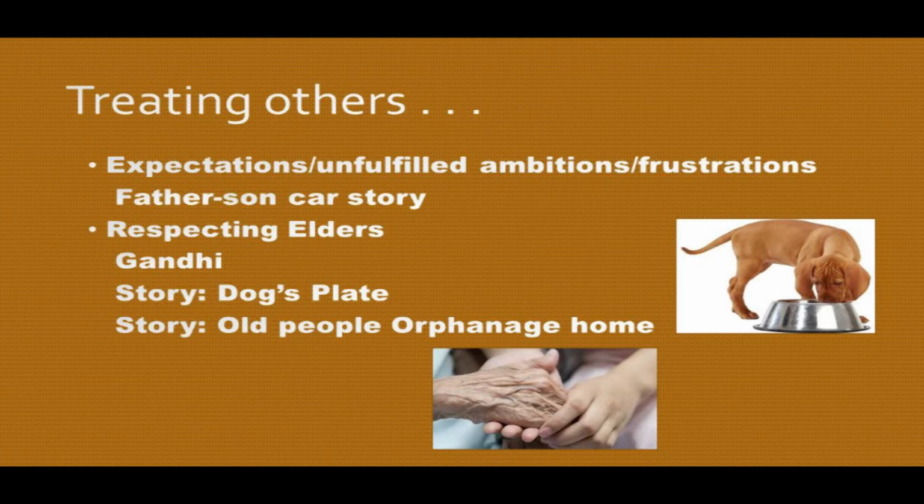The first story is to illustrate that sometimes parents have a lot of expectations. The father wanted to become an IAS officer, but even after the 4th, 5th attempt he could not become one. The father wanted to become an engineer, a doctor, to crack JEE and become All India number 10 or something. But the father or the mother could not live up to their expectations, and they have their unfulfilled ambitions and frustrations.